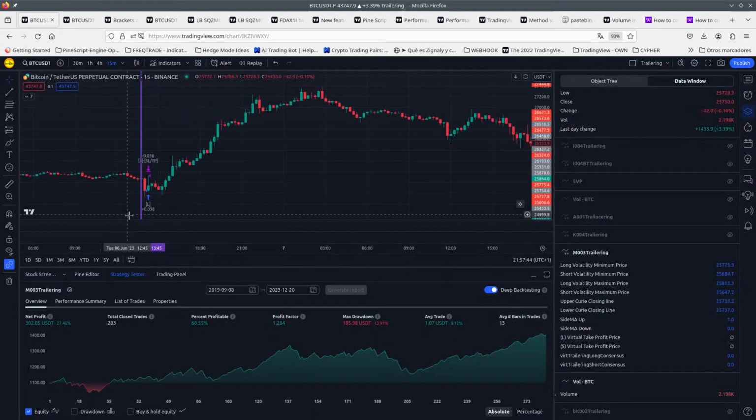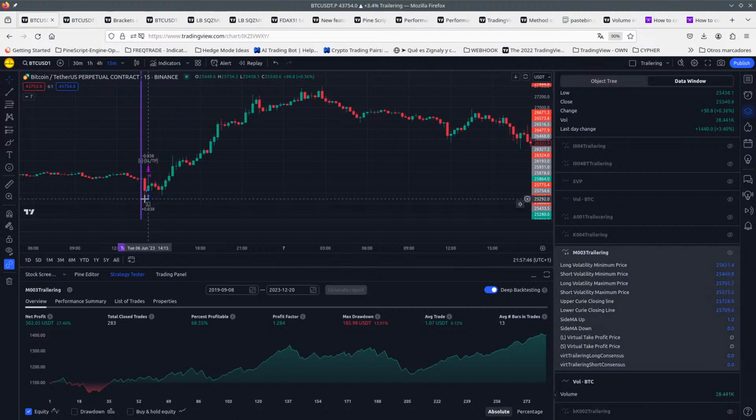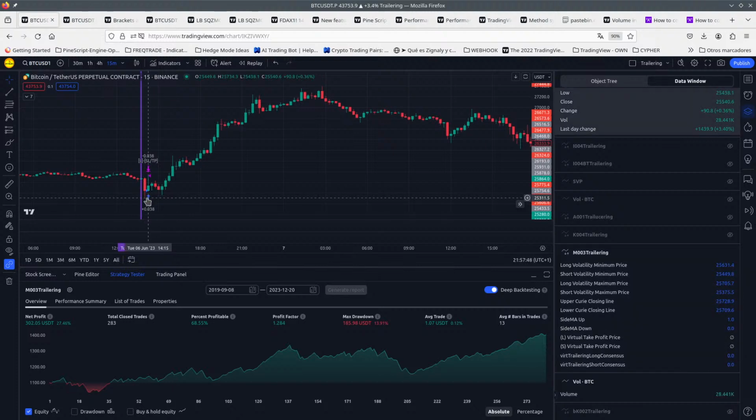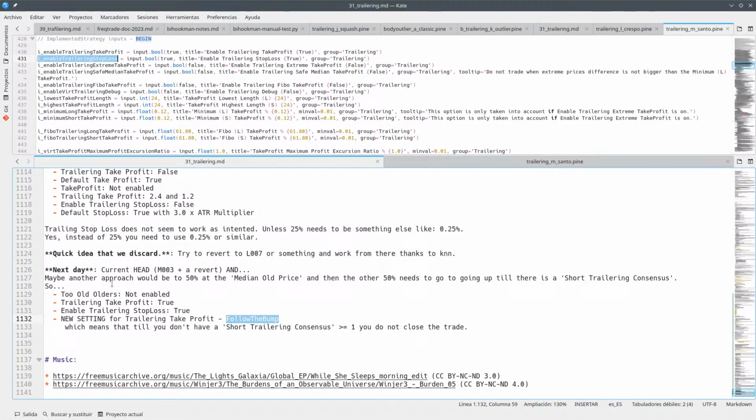And that's what you would have done here. So you open here, and then there's no take profit. So the stop loss, wait a moment, the stop loss is meant, yeah, so trailing take profit,